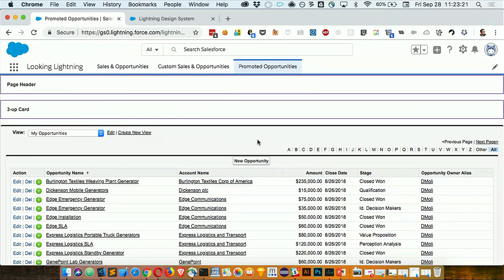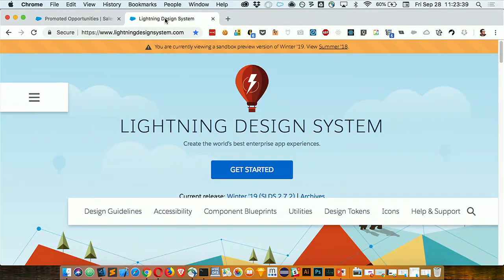So for that, you would use the Lightning Design System. And here I've got placeholders, kind of where I want to put a page header, and I want to put a card here with 3 tiles in there, which would promote these opportunities which are in the list. I go over to the Lightning Design System website, lightningdesignsystem.com,